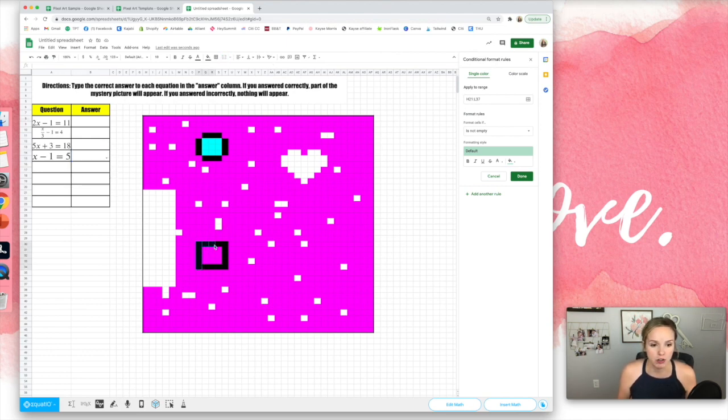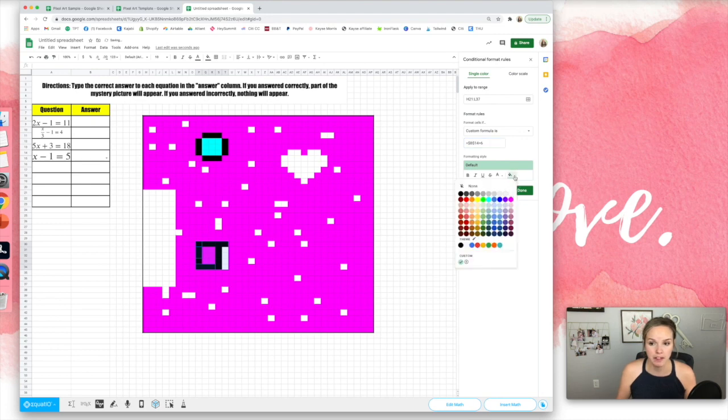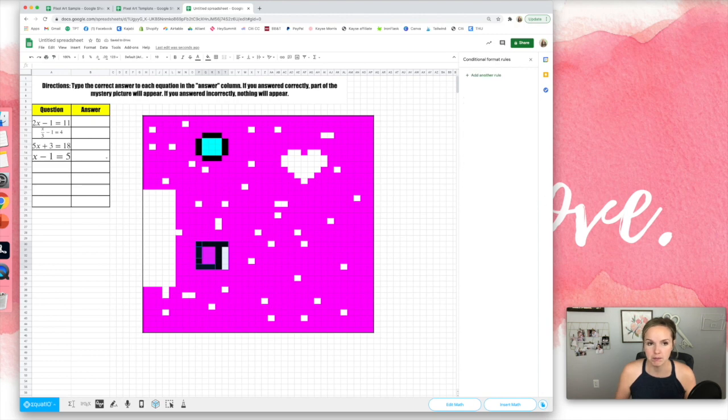So let's do this rectangle. I don't know what I just did there. Let's just do the whole thing. There we go. All right, conditional formatting. Custom formula is. So this is for B14, and we want it to equal 6. Let's just pretend that whole thing was black. And then we'll make it go white. So when they select 6,